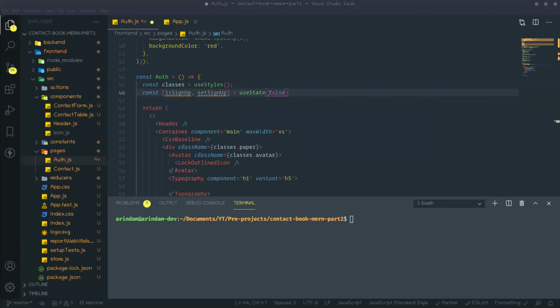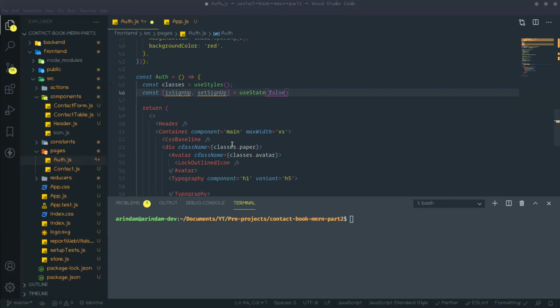That means I need to check whether isSignup is true or not. If isSignup is true, then we need to show the sign up form, meaning the sign up inputs, and if not, then we need to show the login inputs.